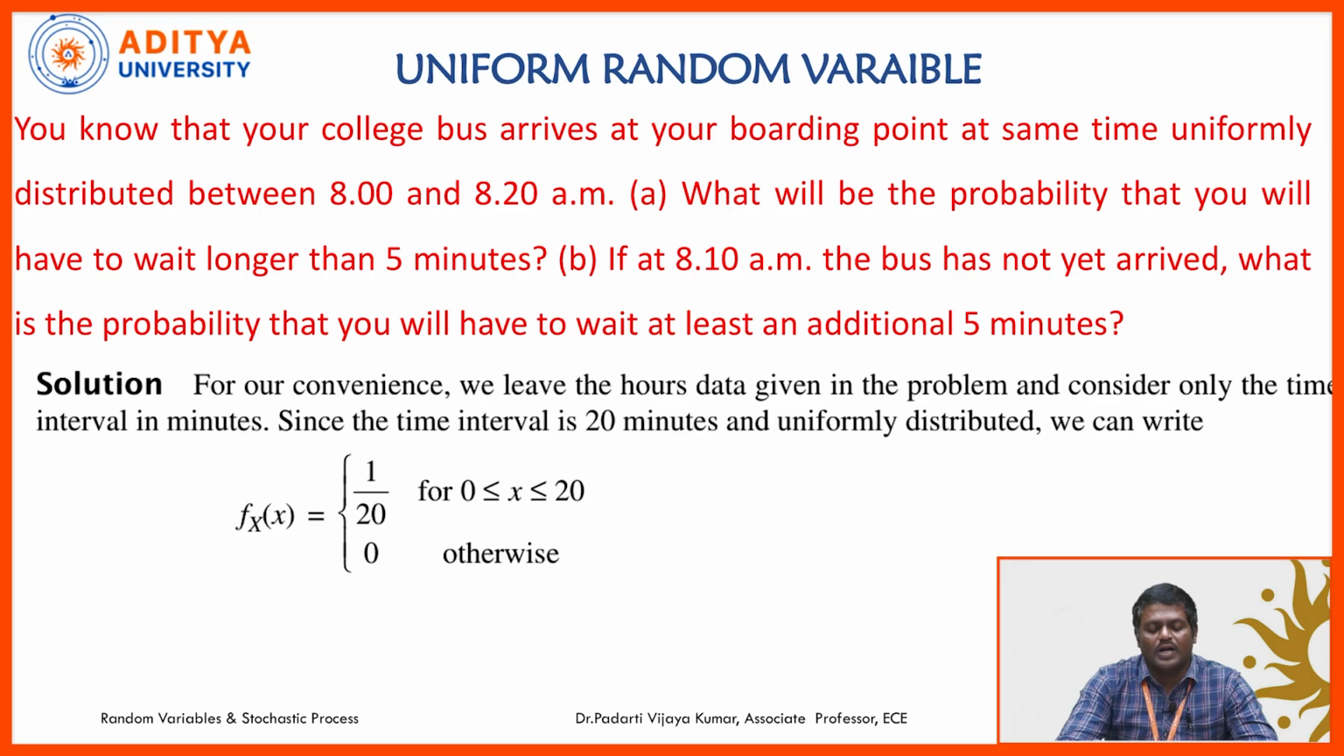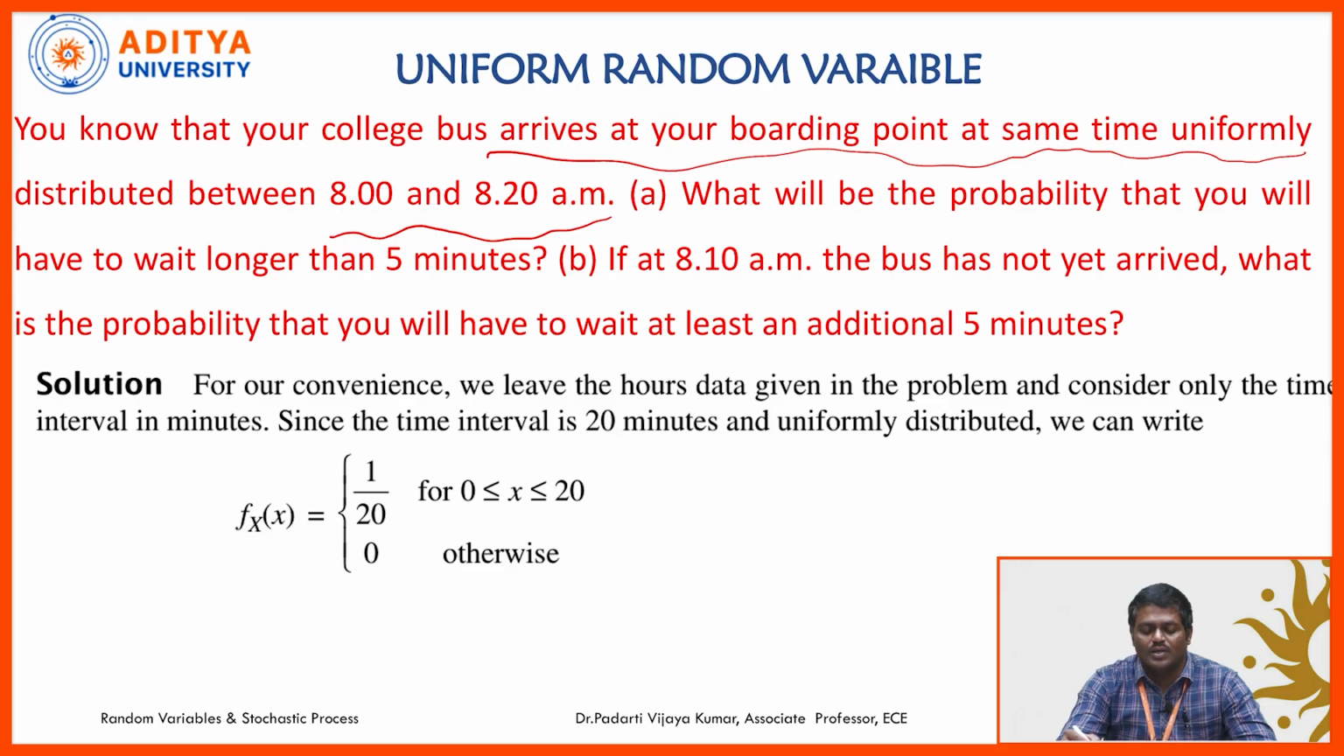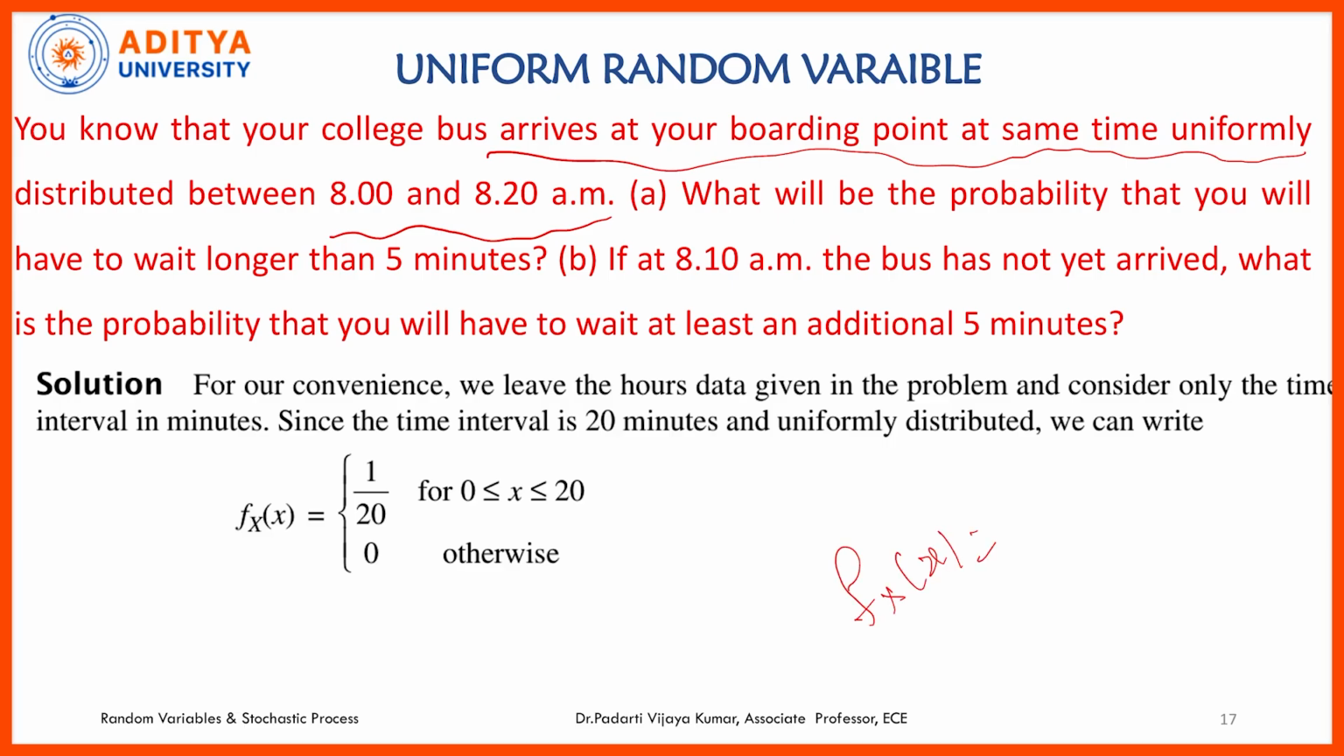This is one more practical example related to the real time application. You know that your college bus arrives at your boarding point sometime uniformly distributed over the interval 8 to 8:20. That means assume x is the minutes, x is a random variable which indicates the minutes, 1 by 20 minus 0, 0 less than x less than 20. Okay, x indicates the bus arrives in a